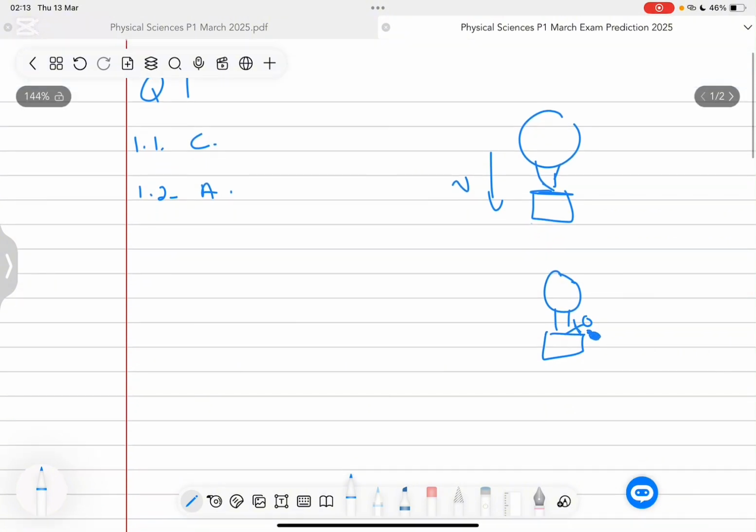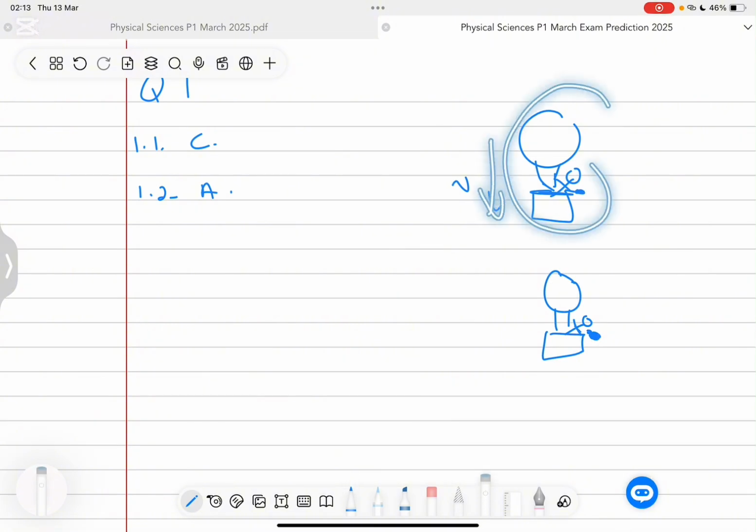Now, there's a couple of things that we need to talk about. This person here, when they're here, is holding the ball. As the hot air balloon is moving downward with this velocity v, this means the velocity of the ball is also v. The reason being is because